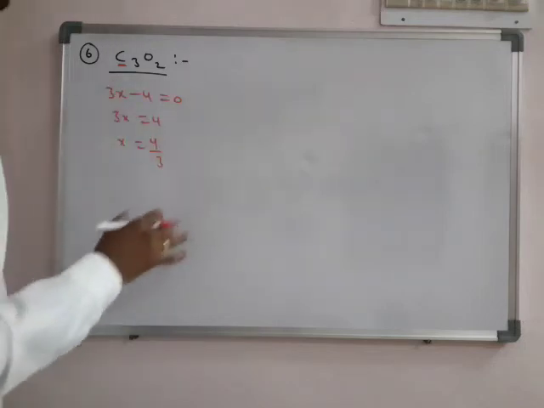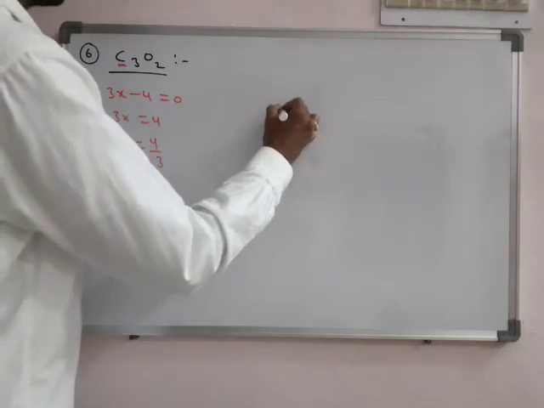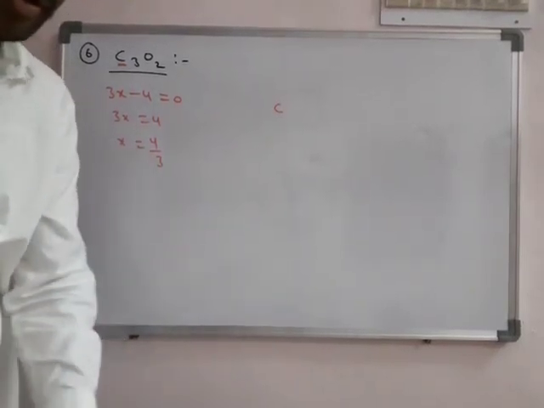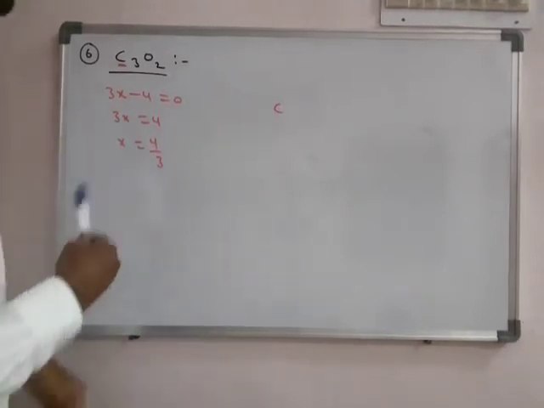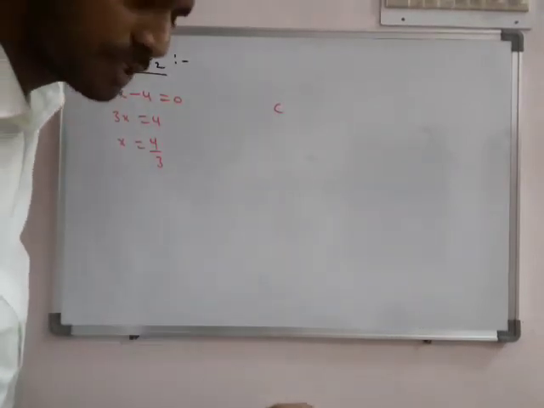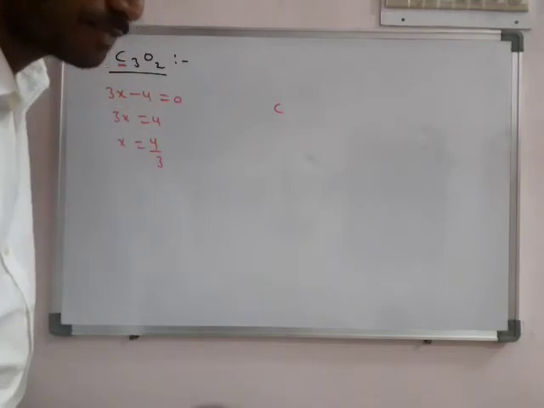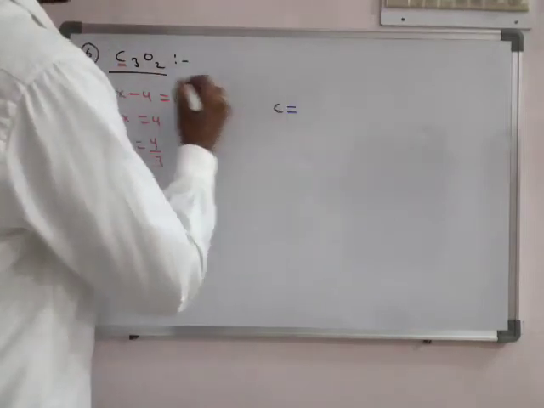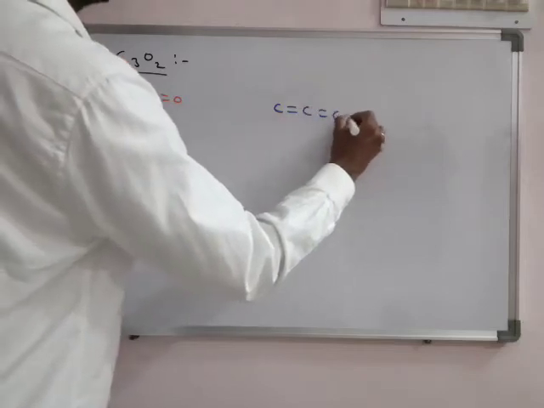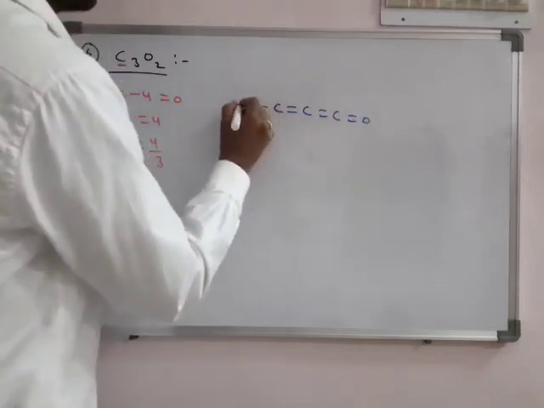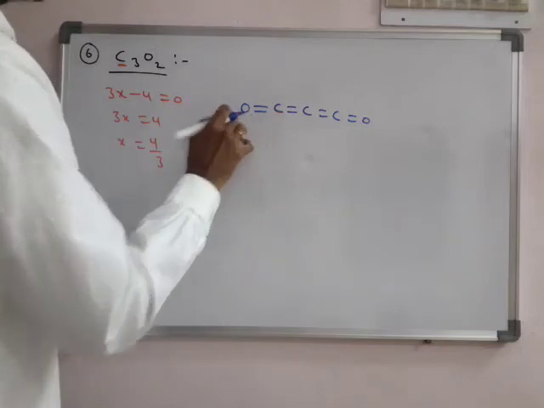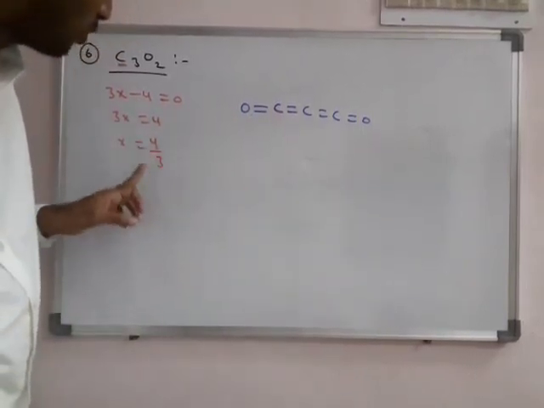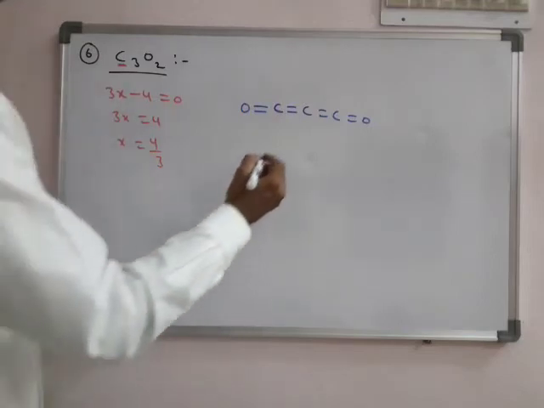If you observe the overall structure, it is like this. It means the average oxidation number of carbon is 4 by 3. But if we find out for individual atoms, what is the structure of C3O2? It is like this. So for the overall calculation we got 4 by 3 oxidation number, but see what is